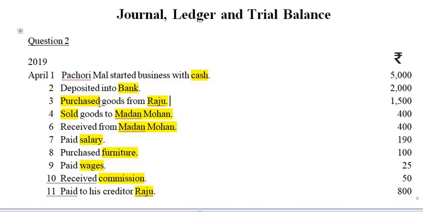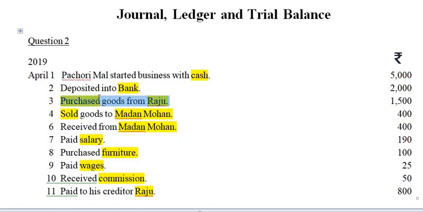So always remember that if you purchase goods, then we will write purchase account. But if you purchase furniture, then we will write furniture account. That term purchase will only be used in case of purchase of goods, or merchandise. And by goods we mean the physical items of trade. Okay,